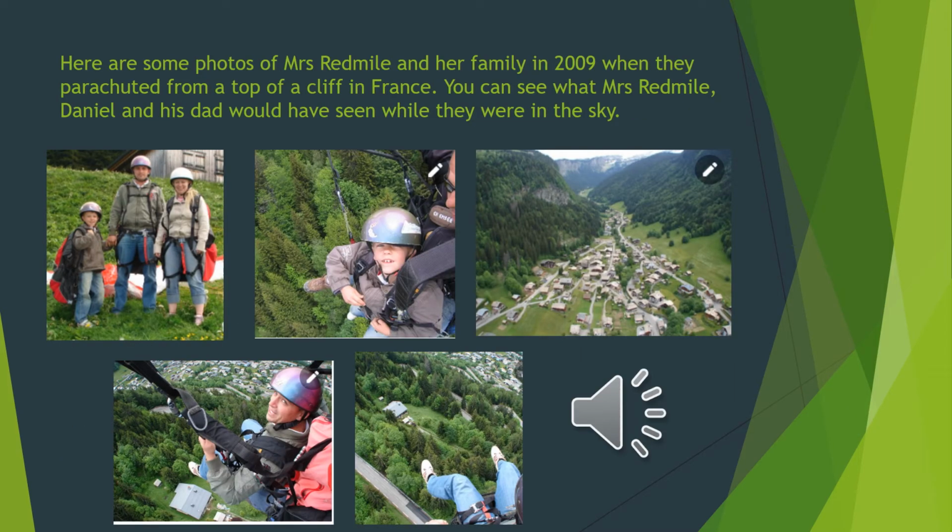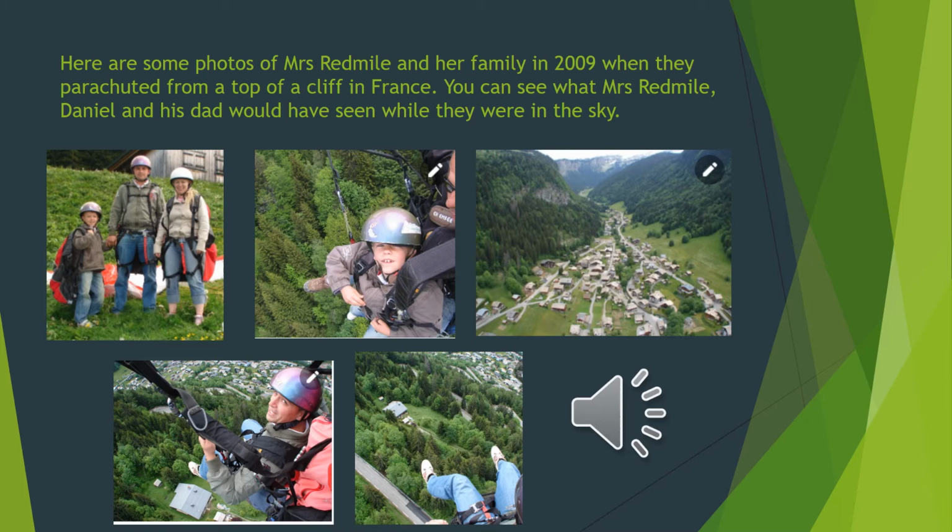Here are some photos of Mrs. Redmile and her family in 2009 when they parachuted from the top of a cliff in France. You can see what Mrs. Redmile, Daniel and his dad would have seen while they were in the sky. The first picture is before jumping off the cliff. The second picture is of Daniel and the person behind him was taking the pictures. The third picture is of the valley, and in the fourth picture you can see there are buildings, trees, and the same